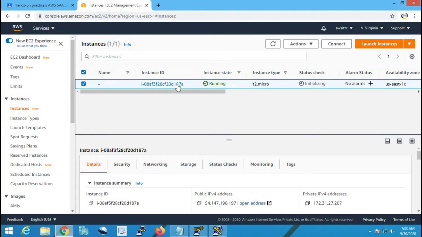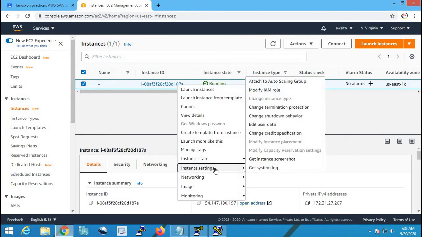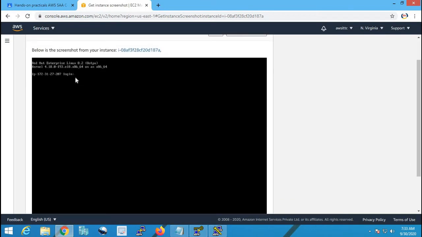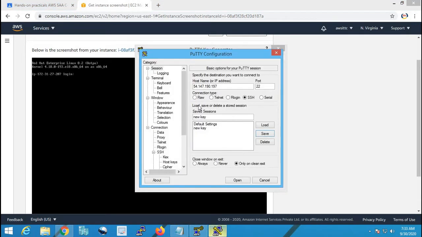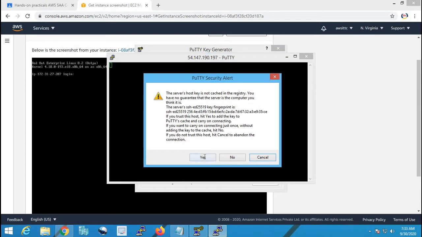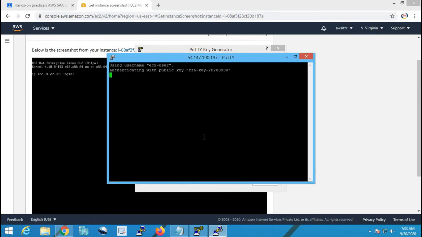So let me check whether the instance is ready. Yeah, I am ready to log in now. Okay, so let me go to PuTTY and say new key and connect. If everything is okay, I should get the, yes, logged in, already logged in.